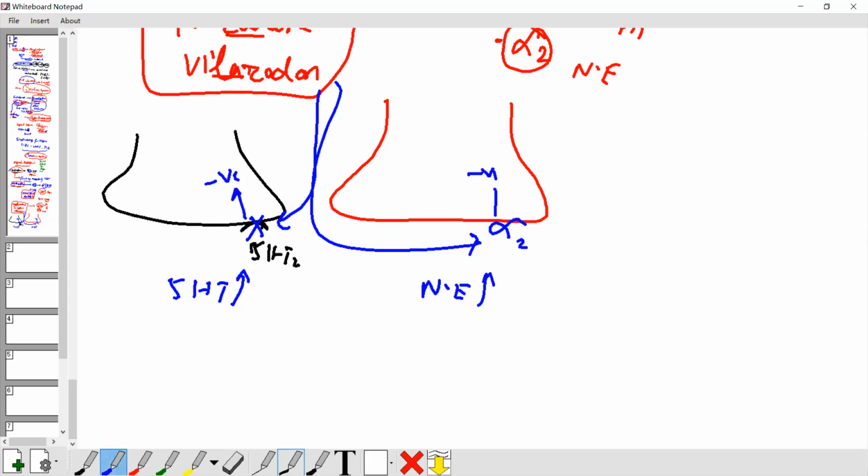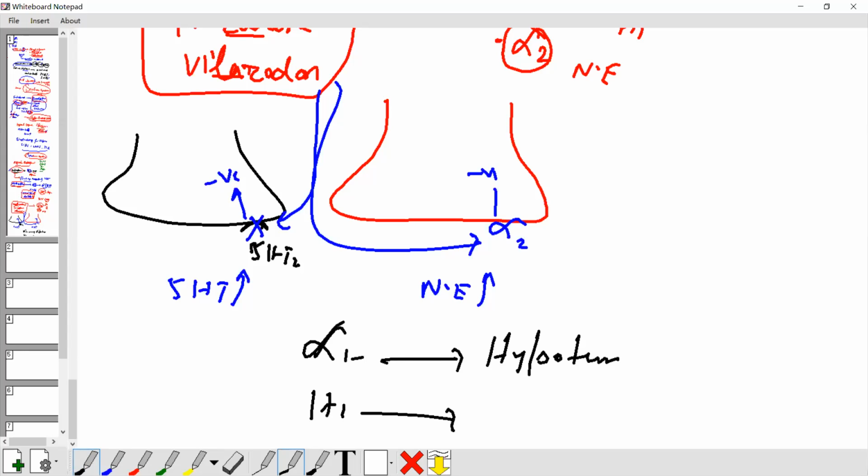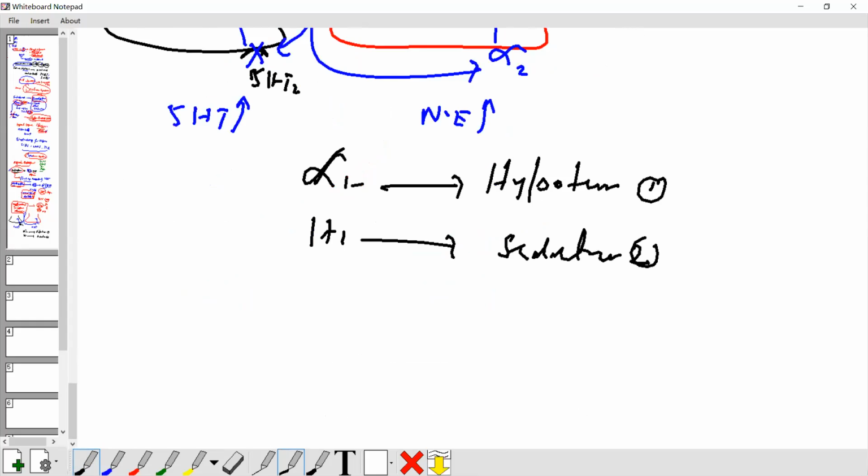So what are the side effects of these drugs? They also go for alpha 1, alpha 2 and alpha 1. So hypotension is the problem with these drugs, postural hypotension. They go for H1, causing sedation. One side effect, hypotension. Second side effect, sedation. In males, a very dangerous side effect, priapism.